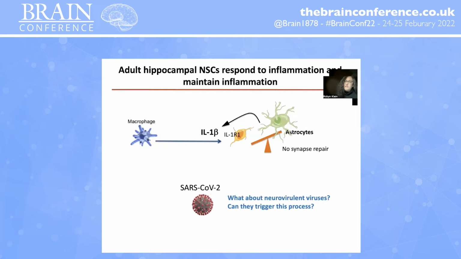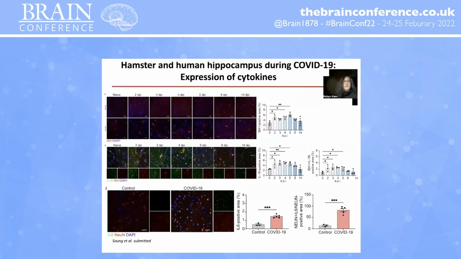Can they trigger this process? And so I'm just going to show you two slides, some work that is being done in my lab looking at SARS-CoV-2 and effects on the brain, particularly in the hippocampus. So this is just some immunohistochemical data showing in the top that hamster hippocampus over various time points post-infection with SARS-CoV-2